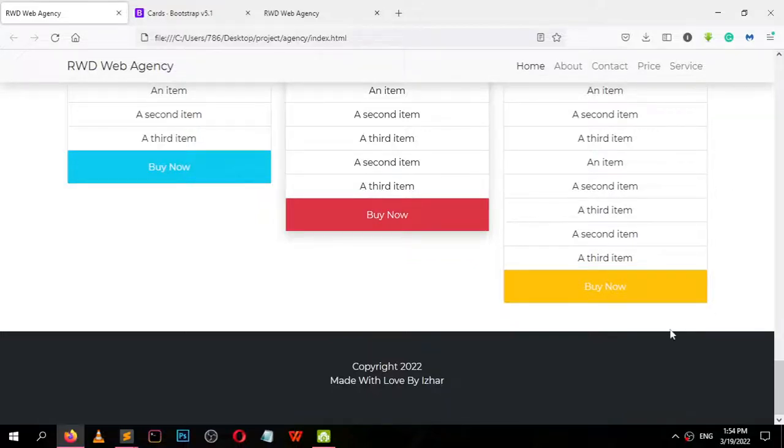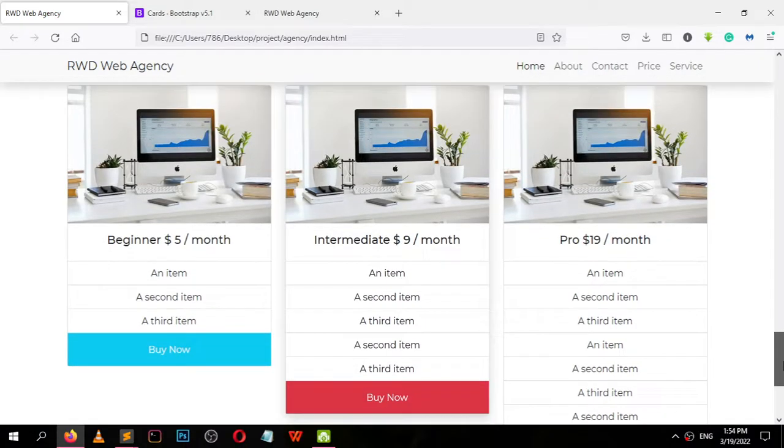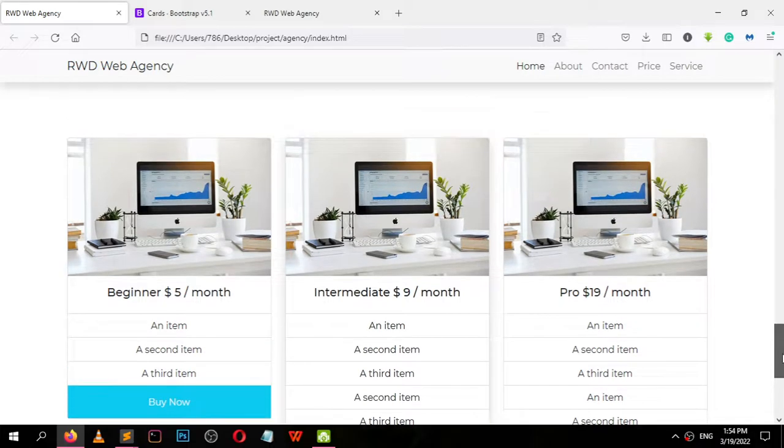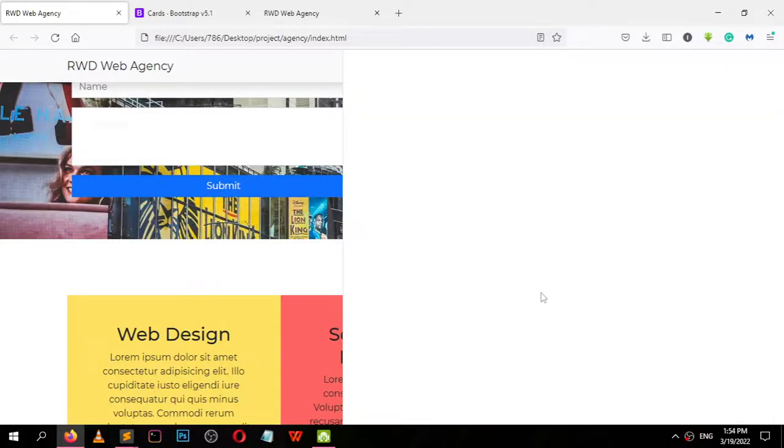Now the last thing remaining here is this footer element, and there are some minor changes to be done here. Let me show you. This second card has a background shadow, some shadow inside the background. So it looks like it is coming up. And after that, let me show you